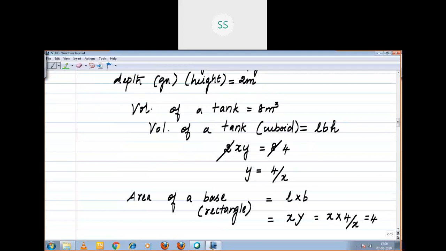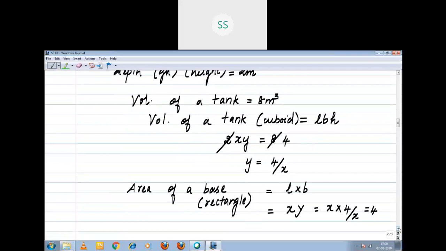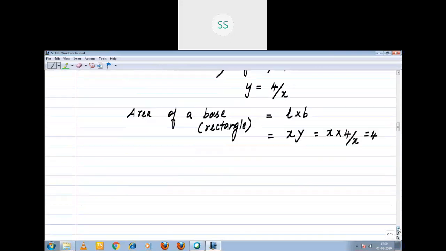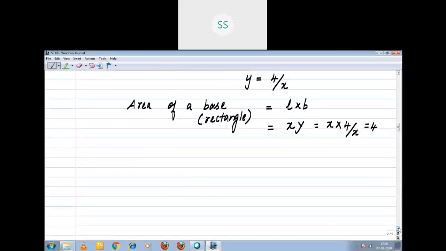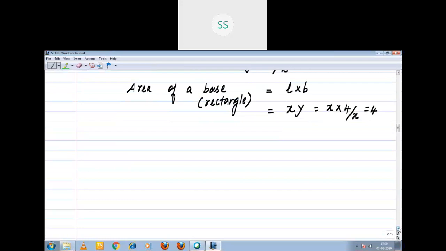Now, area of the four sides. All the four sides are what shape? It is rectangular, right? Now you see,